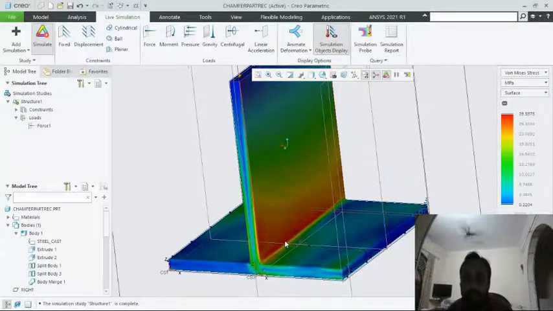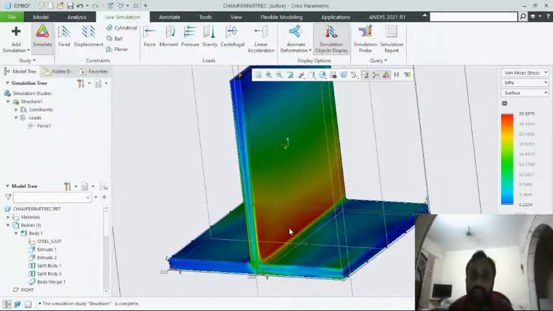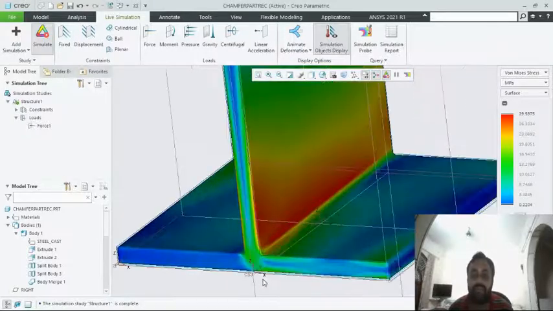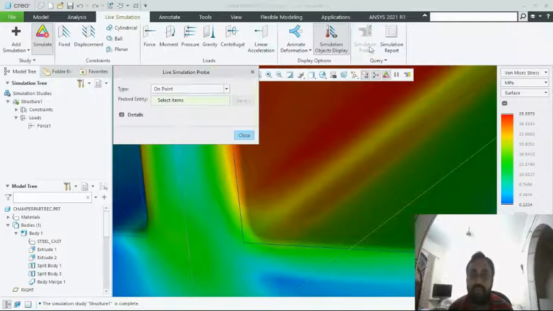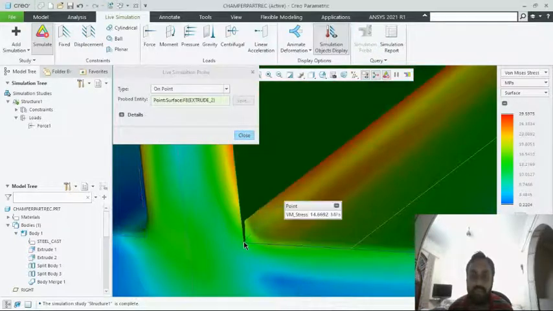This is our part, having 100 comma 100 dimension for the base and 6 as a depth of the downside part, and the top part is also 100 by 100 comma 6. So this is a bounded bracket. We're gonna check these von Mises stresses at the corner. So we go to simulation flow and check it at the corner.